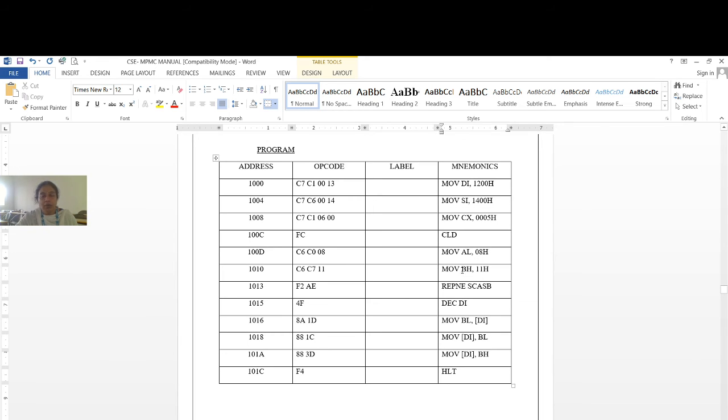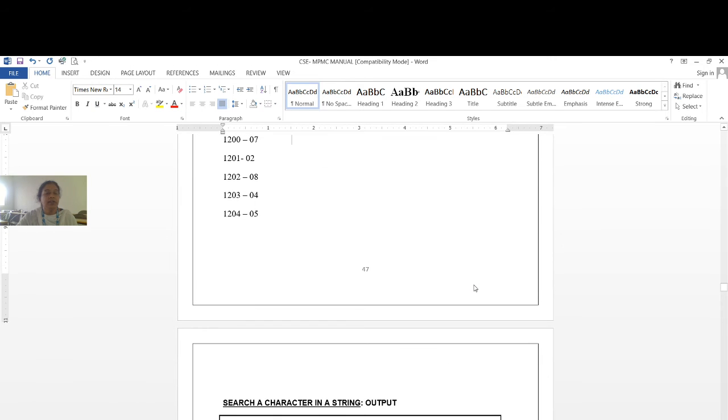Next, MOV BH, 11. This is one more register we have allotted. Whatever 08 we find, we are going to replace it with 11. So we find 08, and in that memory location we replace it with 11. We will see how this replacing works. Once again REPNE: the first memory location, 08, is compared with 07, and both are not equal.